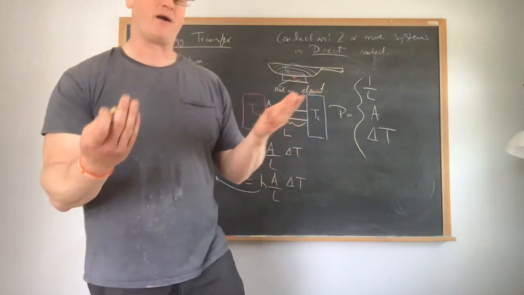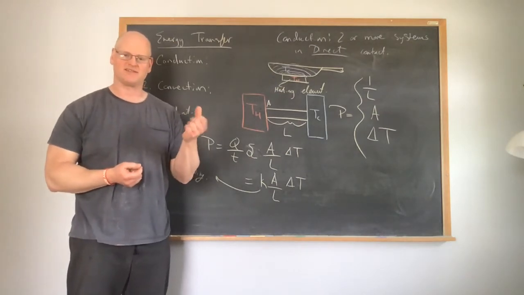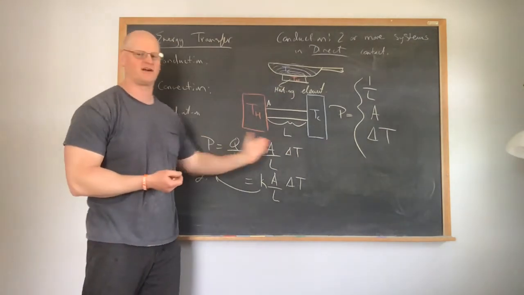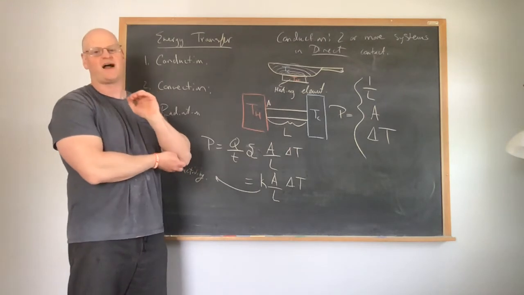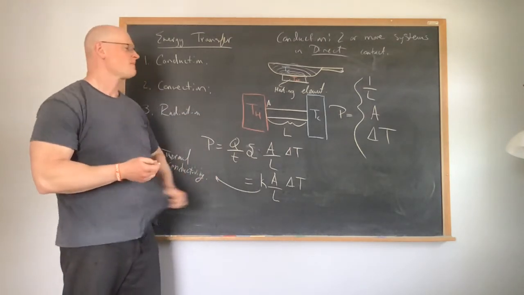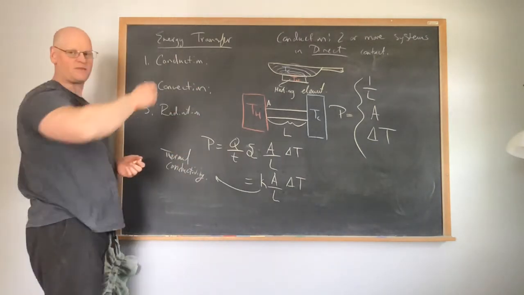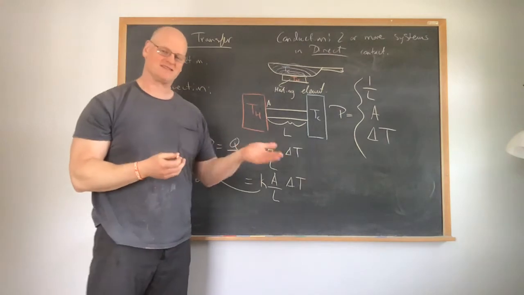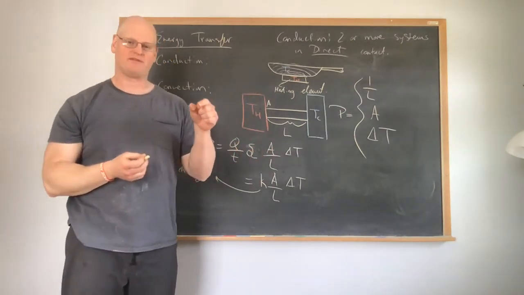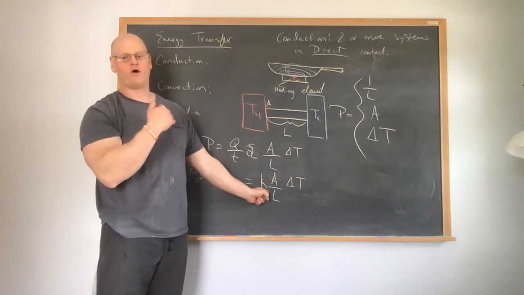But anyway, something like wood has a very small thermal conductivity, which means it doesn't allow energy to transfer very rapidly, so it's not going to let the energy go from one side to the other very rapidly. Also, if you think about things like inside the walls, there's insulation. My insulation is there to have a very small thermal conductivity because I don't want the energy